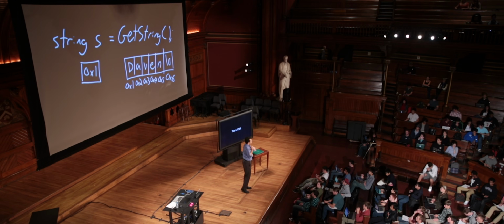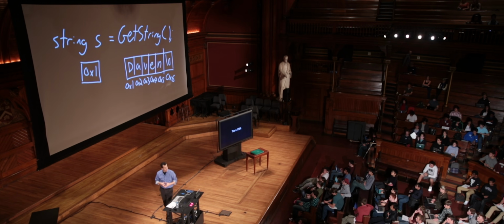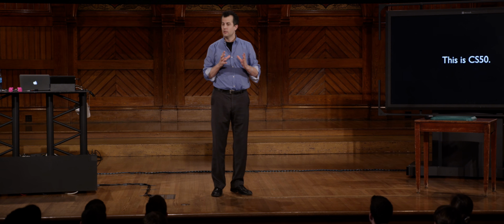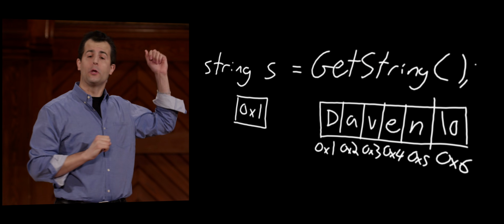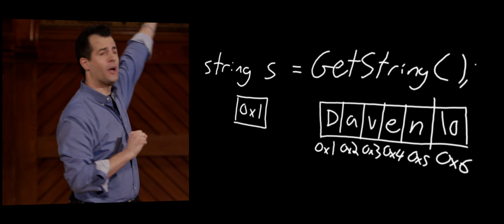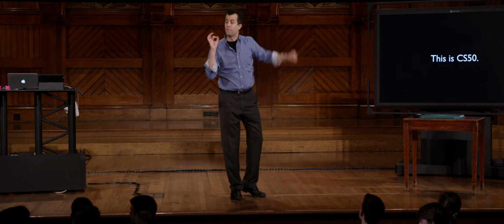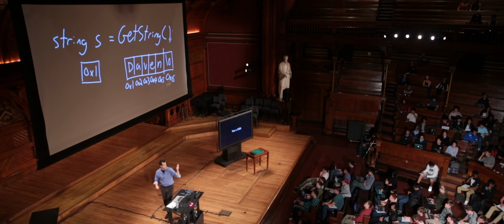Meanwhile, on the left-hand side of this story, all this time, we've been declaring a variable like s, and that variable is what now we'll start calling a pointer. It's not a box inside of which we put the string davin per se, but rather we put in that square box on the left what exactly? Exactly, the address of where davin is located in memory, and not where all of davin is located per se, but specifically the address of what? The first character in davin, which in this case I proposed was arbitrarily and unrealistically 0x1,